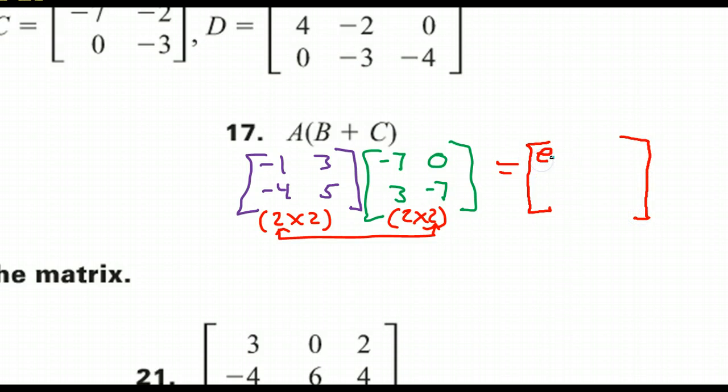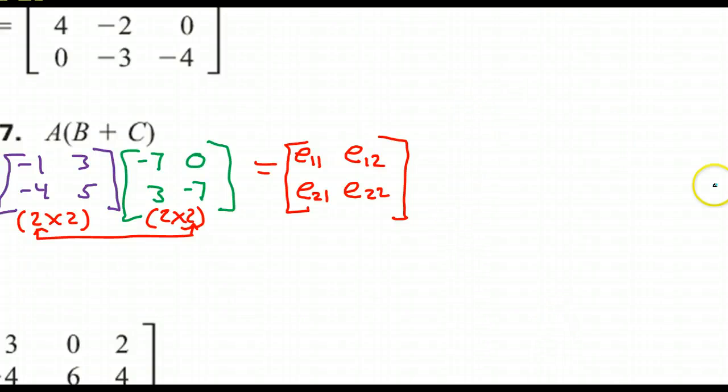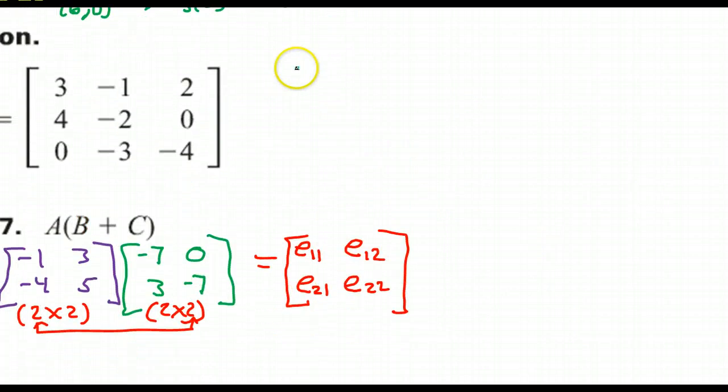Element 1, 1. Element 1, 2. That's row 1, column 1, and this is row 1, column 2. Keep going. This is element 2, 1, and this is element 2, 2, because this is row 2, column 1, and this is row 2, column 2. So I just need to find these 4 elements and fill them in, and that will be my answer. I think I'm going to use some of this space up here. So if I want to find element